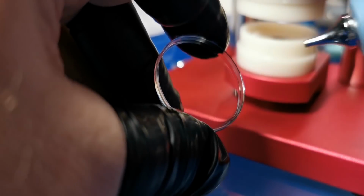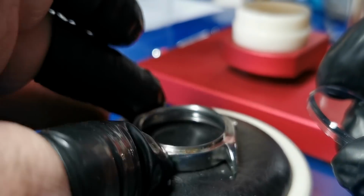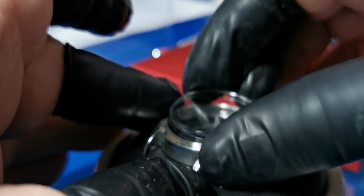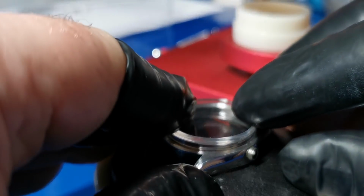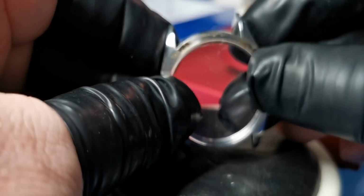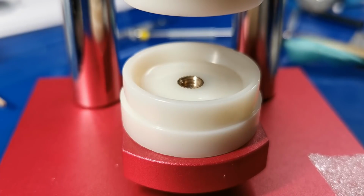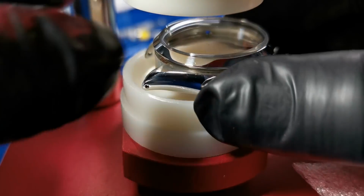They're quite easy to scratch, and that's a really bad thing. You don't want to be giving it back after a service with a nice new scratch on a new acrylic. So we're just placing it really carefully now back on the case, and once it's on there, just again give it a little bit of a blow off so that there's nothing to scratch it whilst we press the bezel